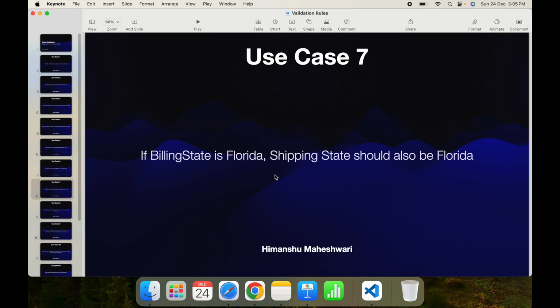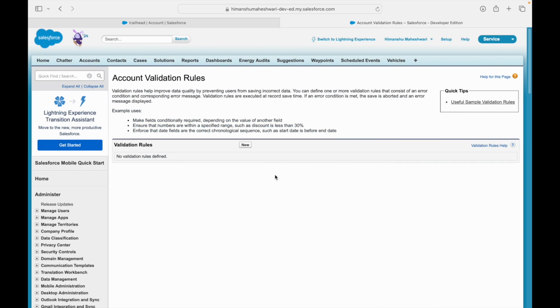So what is your error condition? Think for a moment. I'm stopping here. Just think for a moment. What should be your error condition? If billing state is Florida and shipping state is not Florida, correct? You need to write the error condition. Always remember that. Don't write the success condition. You'll do the reverse thing. All right,